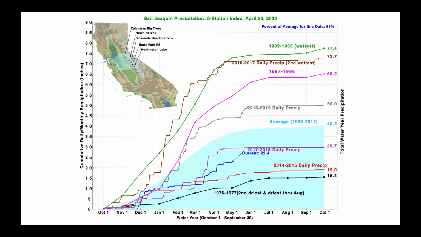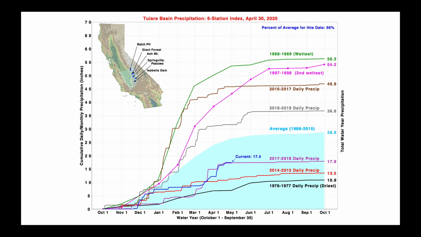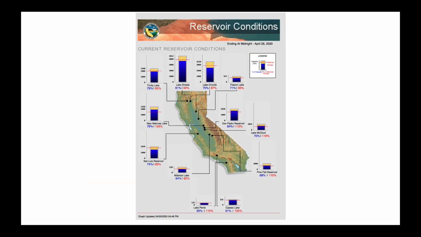Sliding a bit further south to the San Joaquin Valley, it's a very similar story. Normal would have been something around 36, 37 inches, and we're at 22 right now. And so if we keep going south one last time, this is down to the Tulare Basin. And again, we're sitting here right around what we were in 2017, 2018. So you can see they've kind of lined that up pretty well with what we had during that time period. So overall, even though we did really increase the precipitation here over the month of March and into early April, this was a little bit not enough too late. So we'll check in quickly in the California reservoir basins.